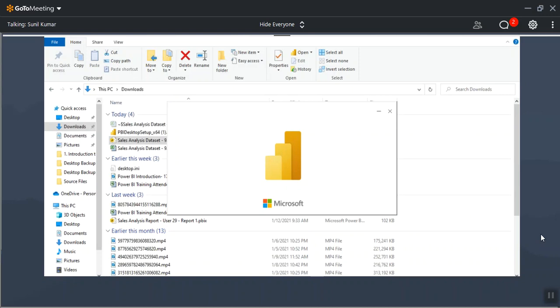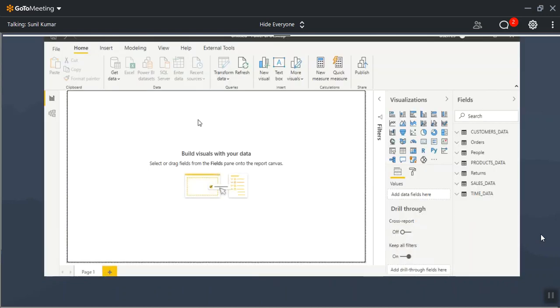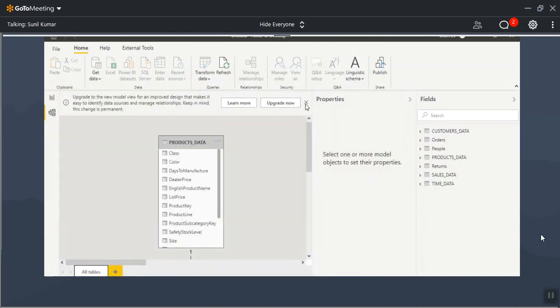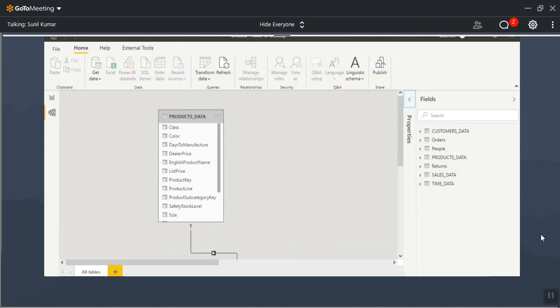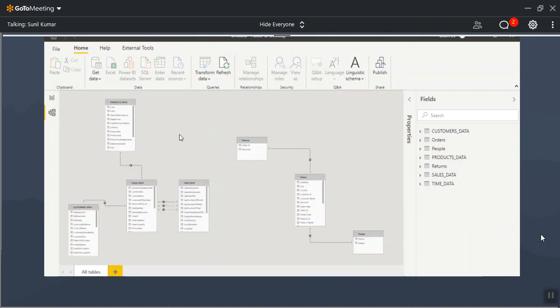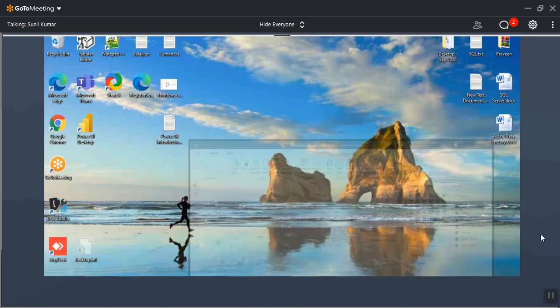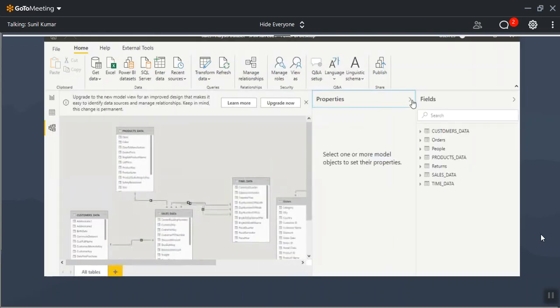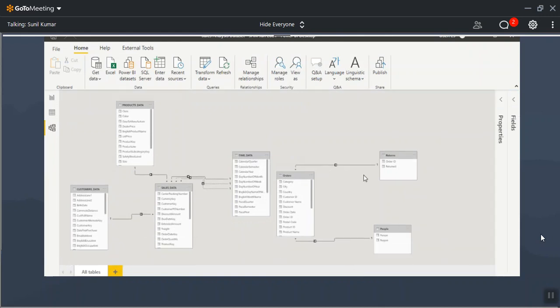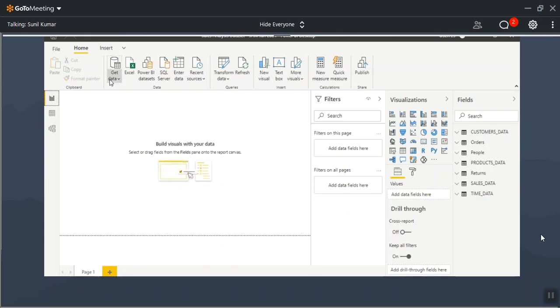Once after opening the data set, I can modify it. I want to modify my data set in such a way that I can create two more reports. So what are the tables I have in this data set? They're not sufficient, so I want some more tables. How to get some more tables here? Not this, close this, don't save. So this one. I want to get two more tables into my data set, EMP table and DEPT table, to create the additional reports.